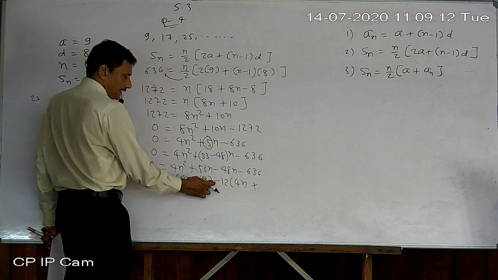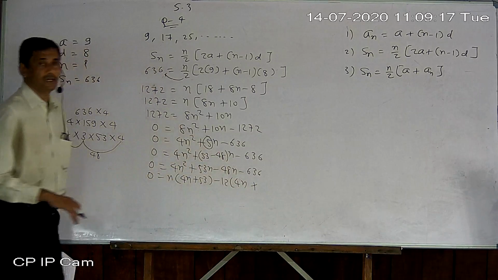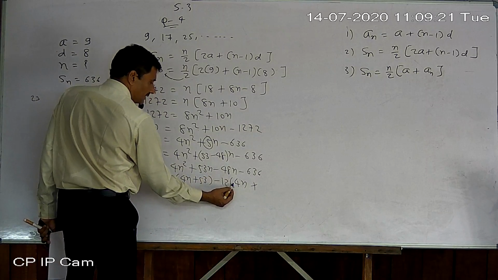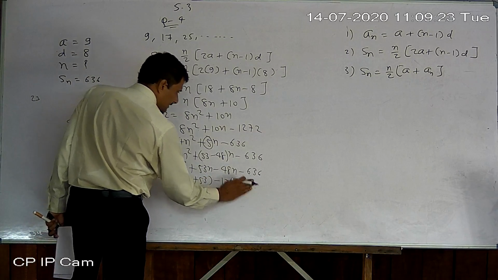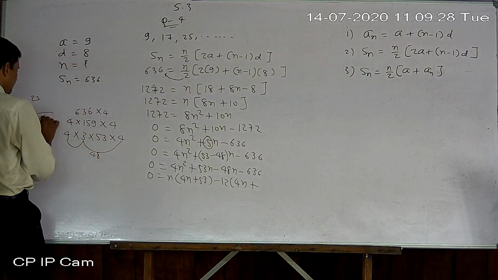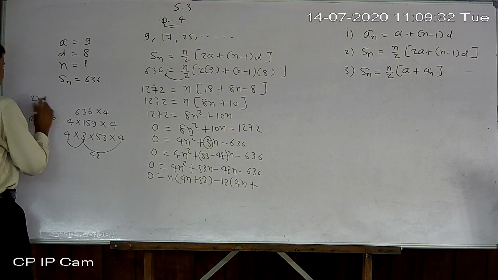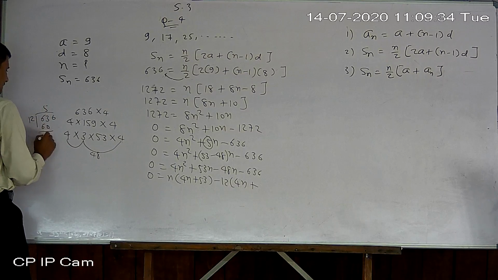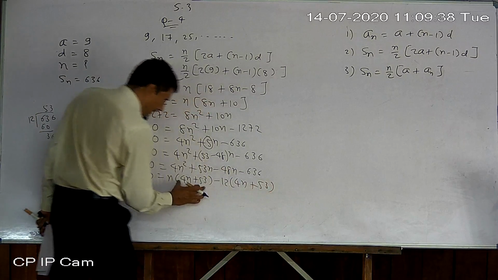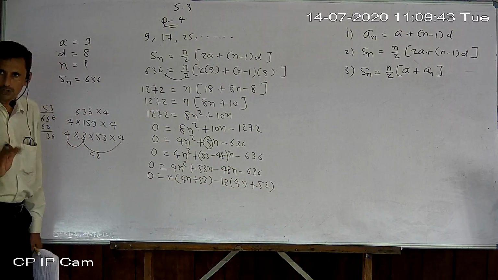Why? After taking minus common, both terms inside the bracket have the opposite sign. So this term also becomes positive and this also positive. Now 66 divided by 12. So 12 5s are 60, 12 3s are 63, so 53. Don't write, just copy from here only. You just verify whether it is true or not.